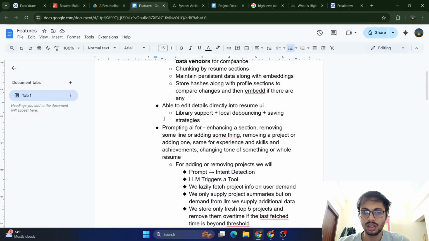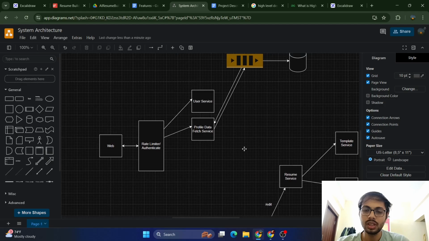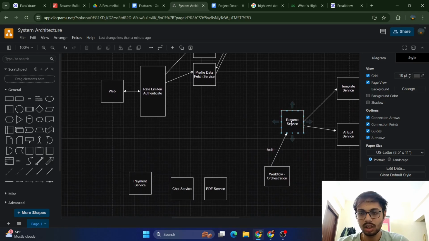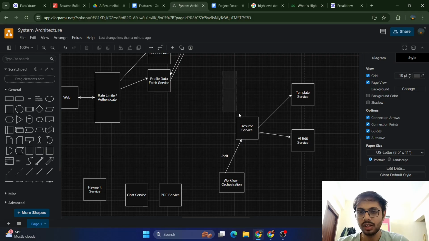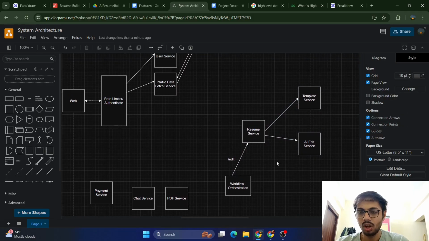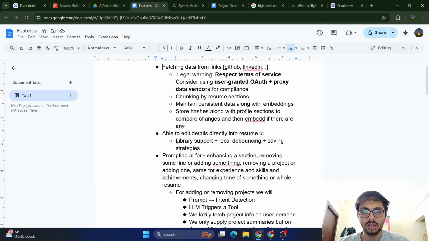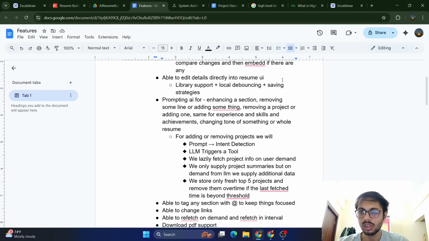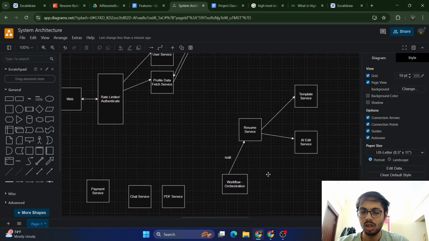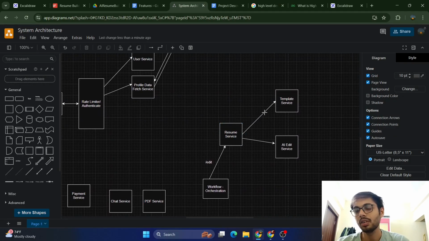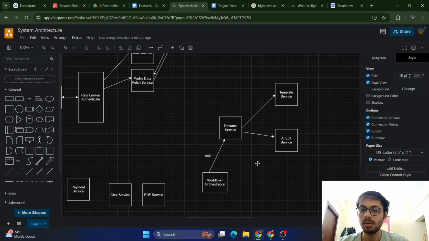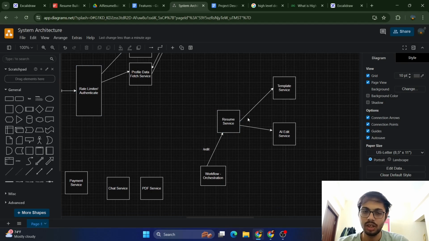उसके अलावा हमारे पास है एबल टू एडिट डिटेल्स डायरेक्टली इनटू रेज्यूमे। तो जब यूज़र रेज्यूमे में एडिट्स करेगा तो वी हिट द रेज्यूमे सर्विस, और रेज्यूमे सर्विस में हिट करने के बाद व्हाट वी डू इज डिबाउंसिंग एंड सेविंग स्ट्रेटेजी। सो वी हिट रेज्यूमे, देन उसके बाद हम लोग टेम्पलेट से गैदर करेंगे डेटा। उसके बाद हम लोग एआई एडिट करवाएंगे एंड देन टेम्पलेट, उसके बाद रेज्यूमे में चेंजेस करके रिटर्न कर देंगे।